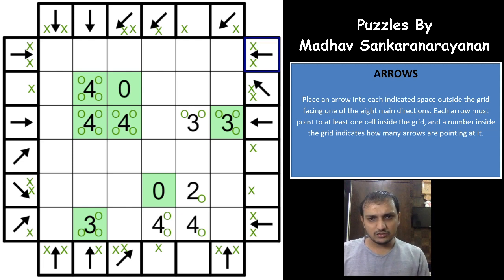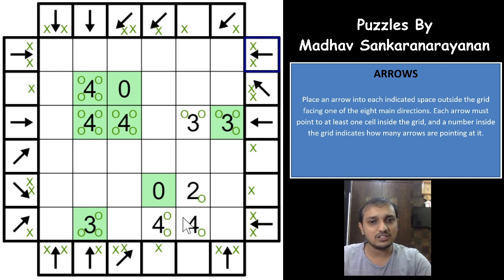Okay, now let us see this 4. I suspect you have only a few cells possible for this 4. 1 2 3 4. Okay, so you have 4 cells, out of which 3 cells will point to the 4 and 1 cell won't point to the 4. Now how to look for the cells that will point to the 4? There is a very excellent logic here. Now these cells, 1 2 and 3, there are exactly 3 cells plus this cell, 4 cells pointing to the 4, and out of these 4 cells you need only 3 cells that will point to the 4.